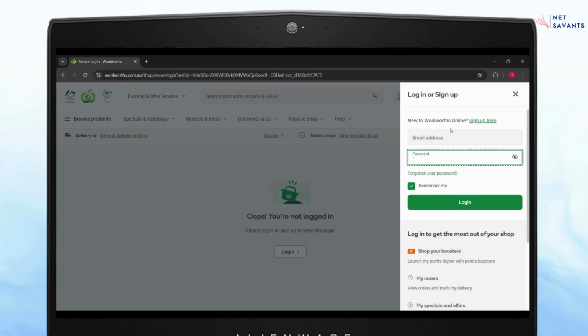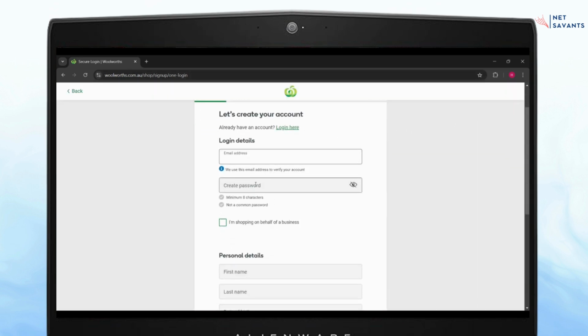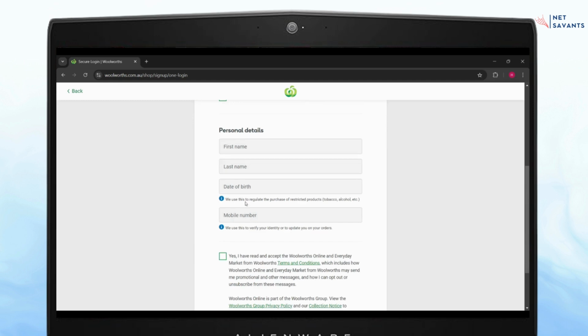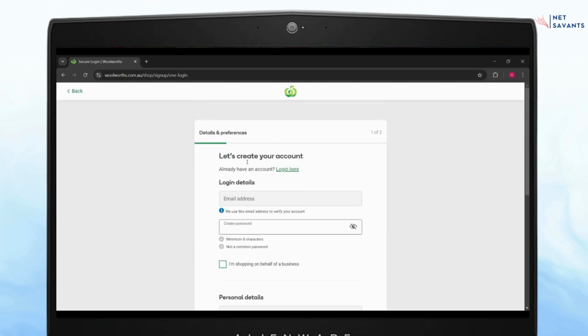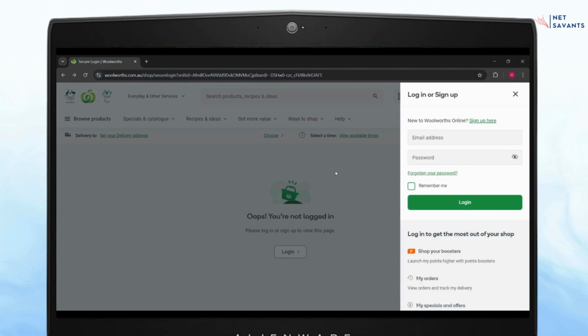Or if you don't have an account, just click here to sign up. Enter your email address, create your password, enter all of your personal details, and you will be able to create an account here. And that's how you can easily log into your Woolworths using your